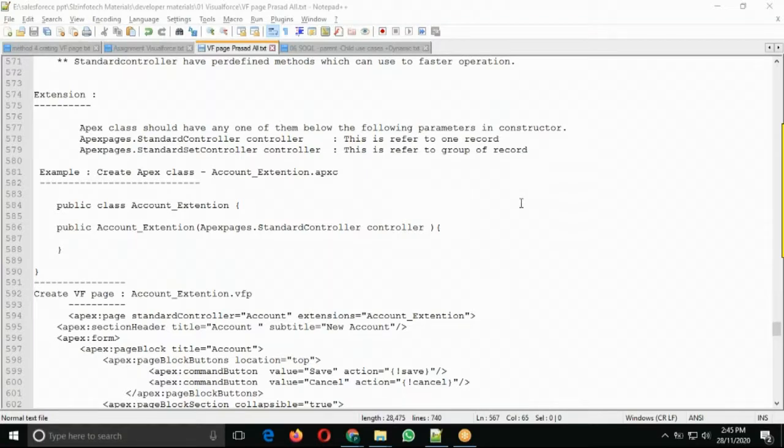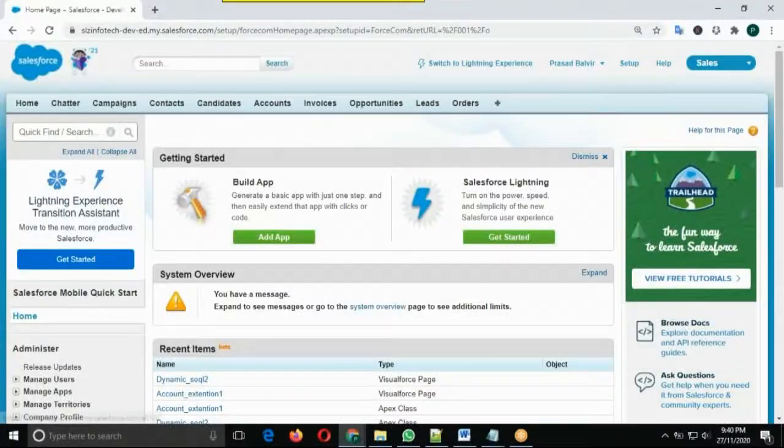Okay, so we can come to the developer console and I will give you more details with an example. Practice.